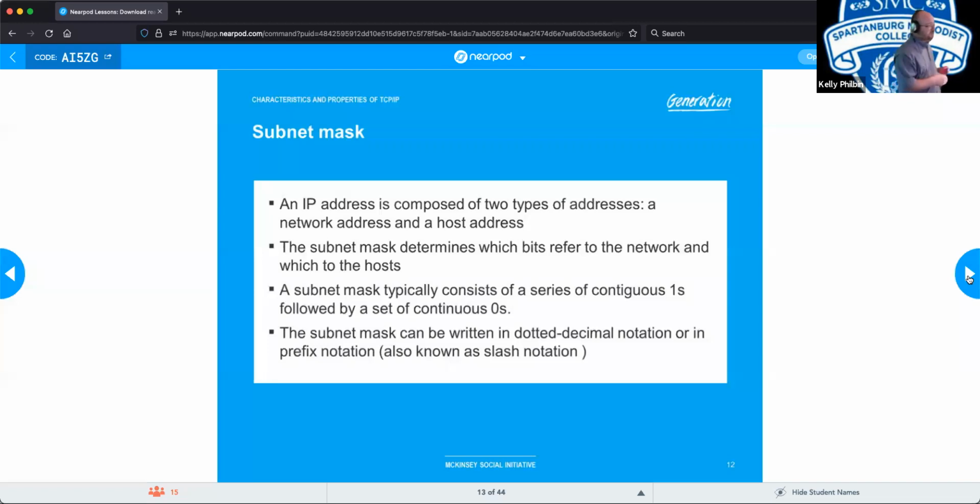So a subnet mask typically consists of a series of contiguous ones followed by a set of zeros. What that means is, go ahead and annotate here, go ahead, text. So when I'm typing it out, let me see if it'll let me. All right. So if I'm typing it out, I got